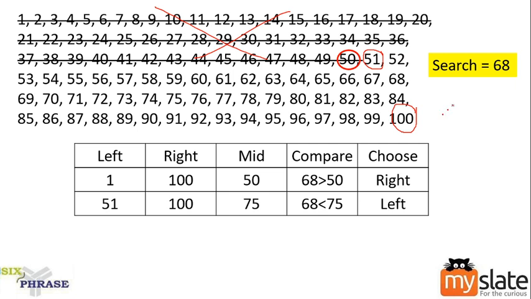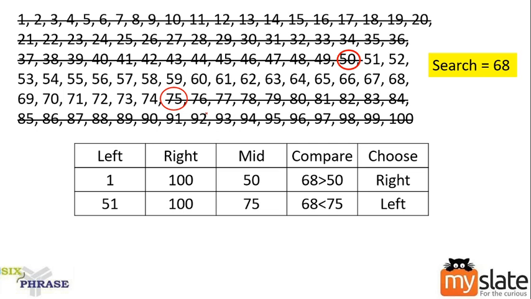Your search value is 68. The obtained middle value is 75. Search is less than the middle value. I have my middle value here. My search is less than the middle value, so the best option will be searching on the left hand side. Since it is lesser, search on the left hand side. So I'm going to choose the left hand side. Since we have chosen the left hand side, eliminate the right side values.